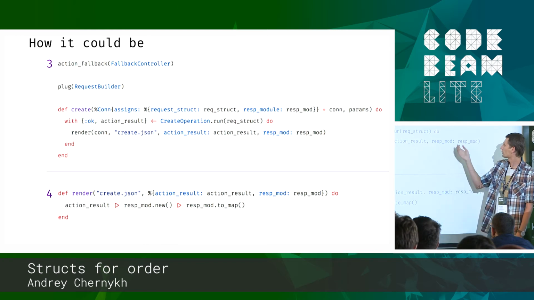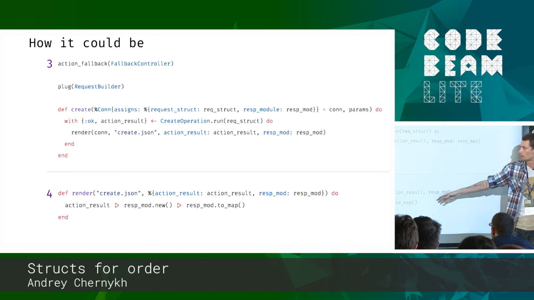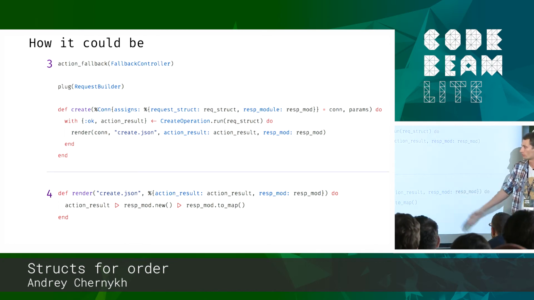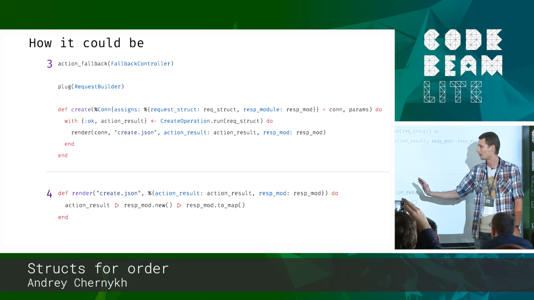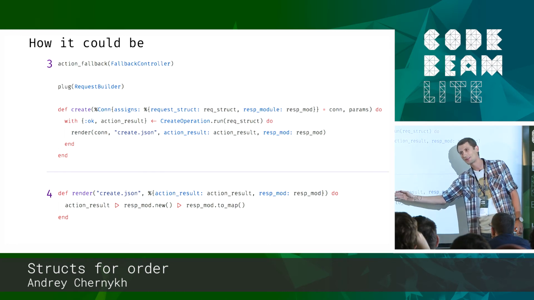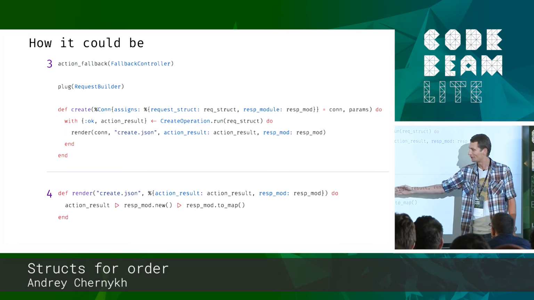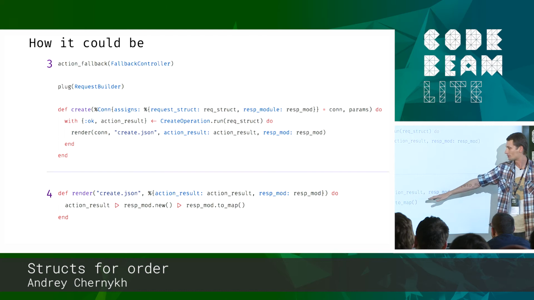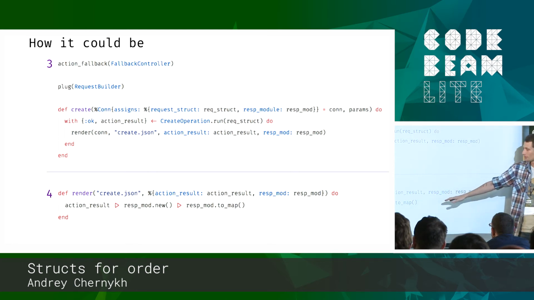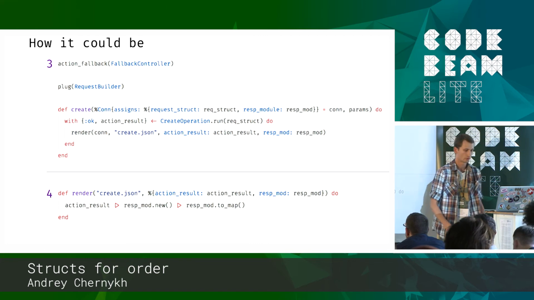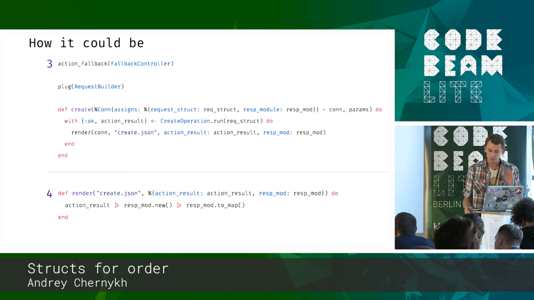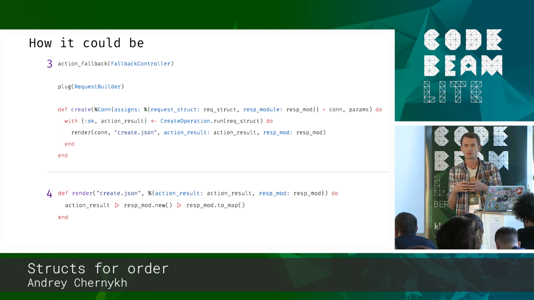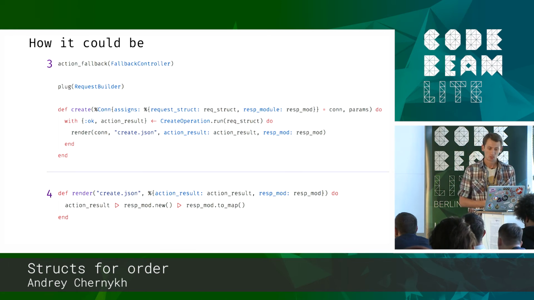take this action result, response module, and set it to a view, which will invoke the constructor on response module and do some stuff with it. It simply converts it to map, for example, and returns as JSON. You can experiment and improve this approach constantly because there are many options, and you can find the way which is the best for you or for a particular project.